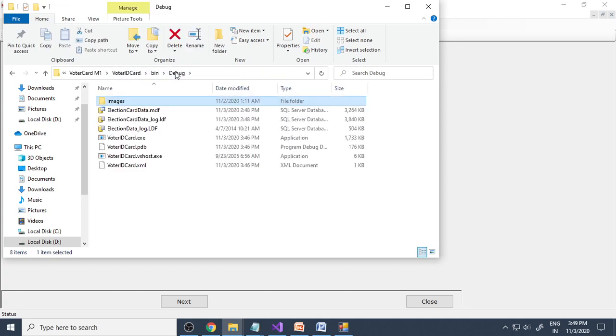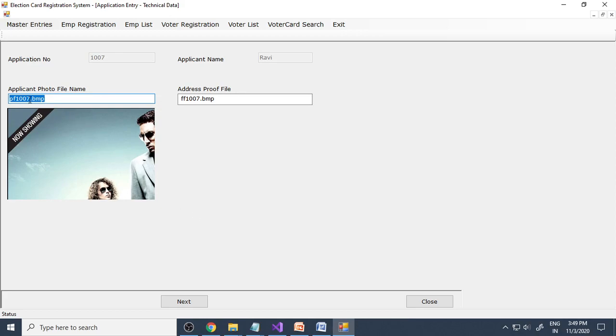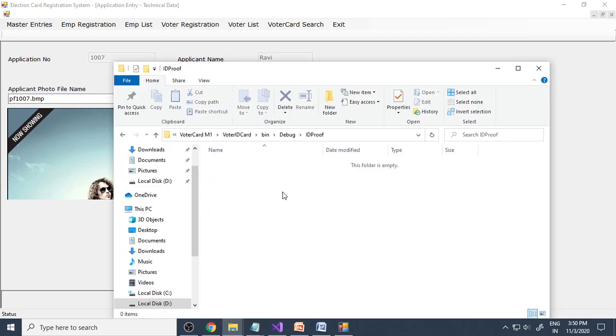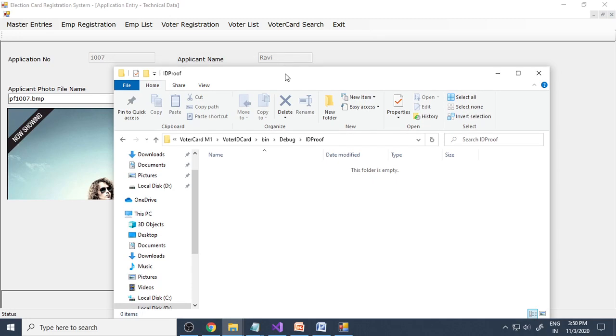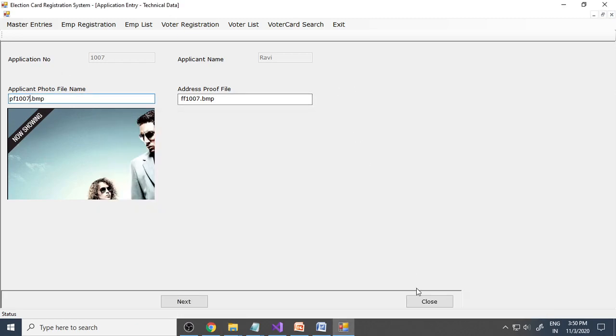We are supposed to keep images here. In this folder, first you have to keep the particular register number. With this number, one file with PF, which is the photo file, and the other one should be FF, which is the address proof. Both should be there, so it automatically fetches from this location.